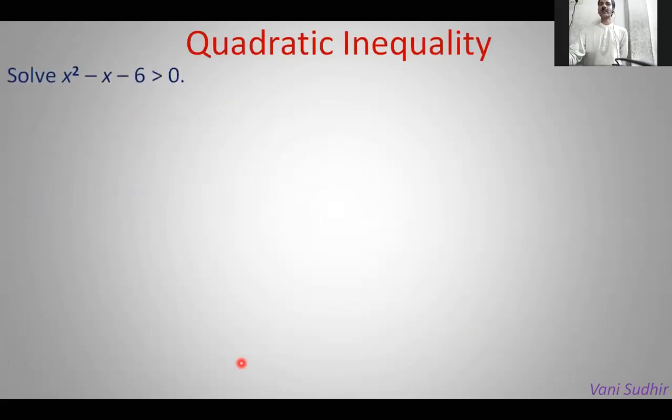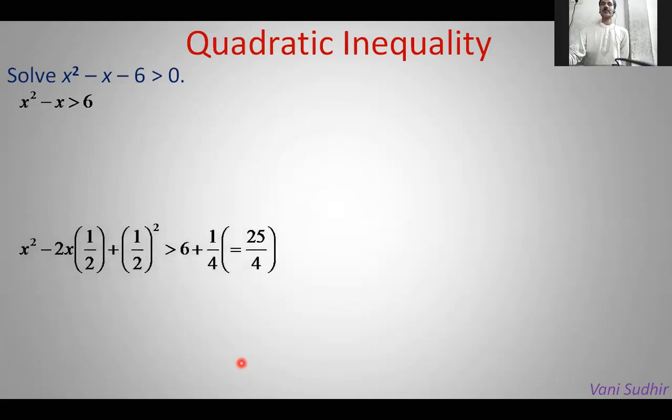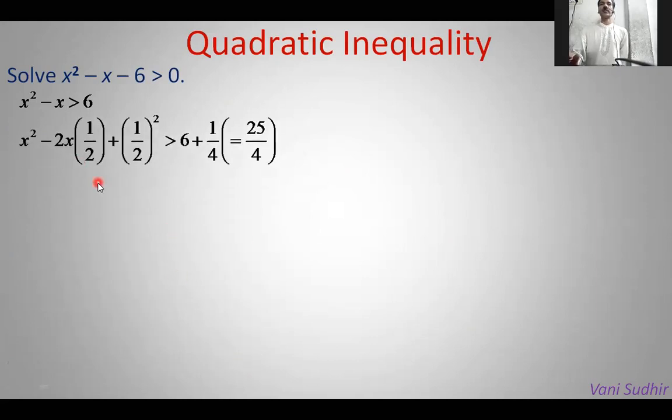See here, x square minus x minus 6 greater than 0 is there. Add plus 6 on both sides. Okay, we'll get x square minus x greater than 6. Now this is important. Here, what I did, x only, I multiplied with 2 and divided with 2. Why have I done this? I want to express this in minus 2ab form. Here a square means x square is there, minus 2ab is there. So I need a b square term so that I can apply the identity (a minus b) whole square. So I have to add b square on both sides.